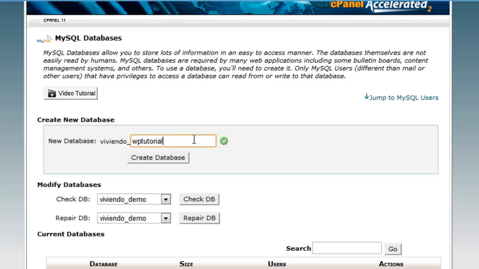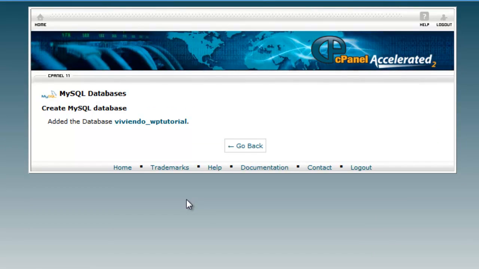You gotta understand that even though you only write the name of the database, the full name will be your domain, underscore, and the new database name. So we're gonna click on create database. So this will take us to this window where it's gonna confirm that the database was added. We're going to click on go back,